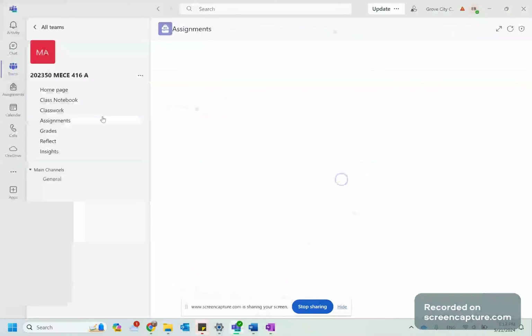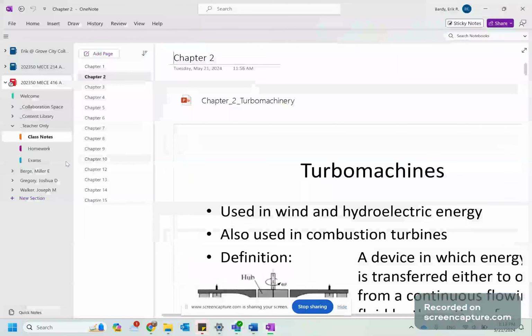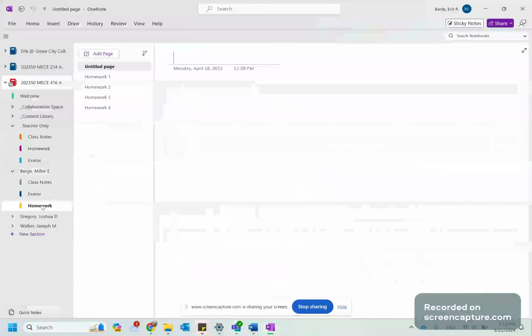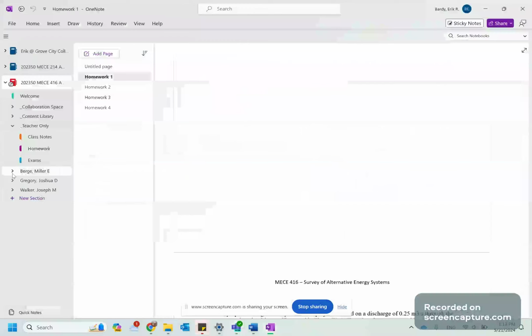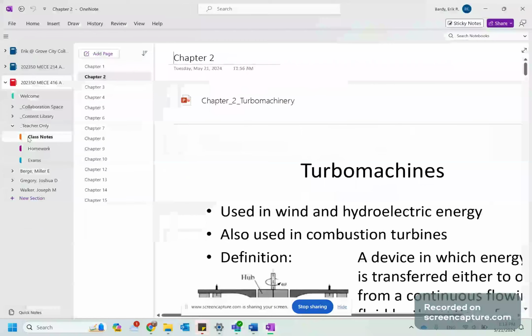Assignments, you can see all the assignments are here. They're already listed, their due dates. I want you to complete the assignments in OneNote. So everyone has access to the homework files already. They're all there. You complete the assignment in OneNote, inking, and then make sure you submit. And I will grade them directly in OneNote as well for you to get them back. Also, all your exams will be in OneNote as well, timed according to the timing given in the syllabus. Also, it'll be listed as an assignment, the exam, and then it'll pop up when the time is right.